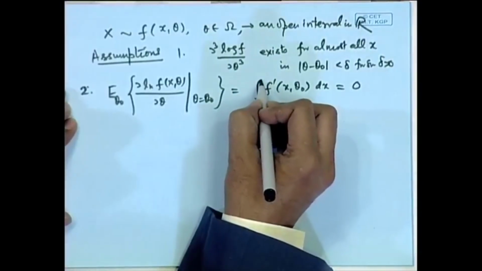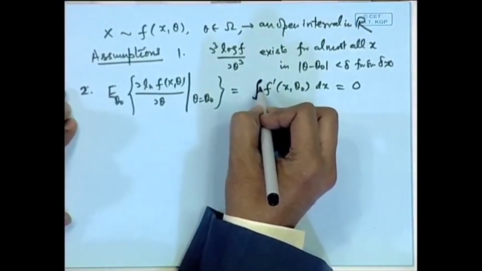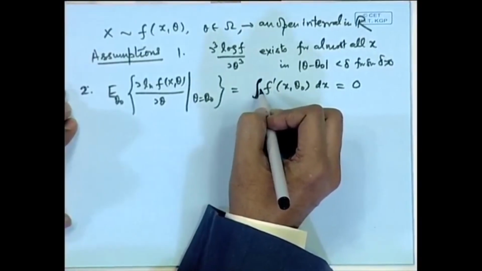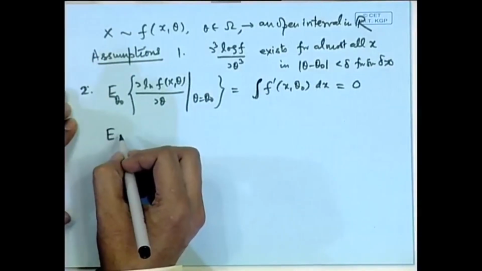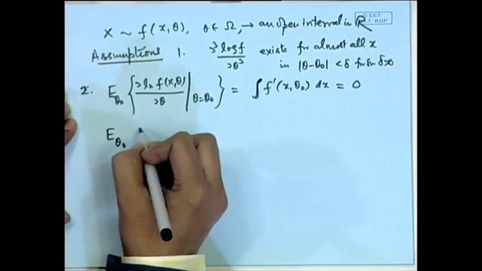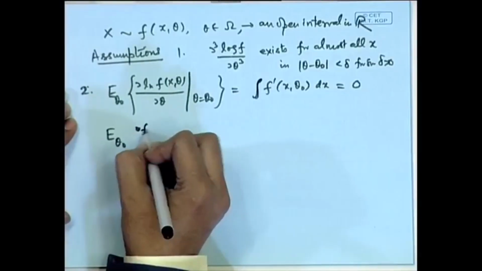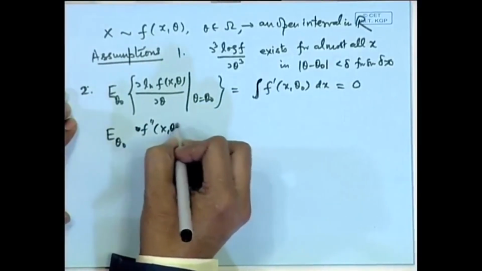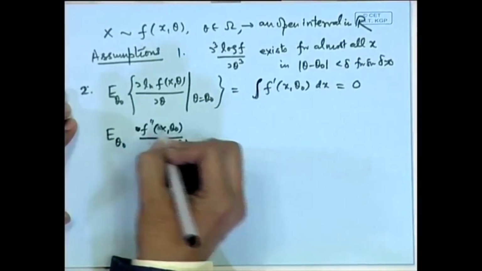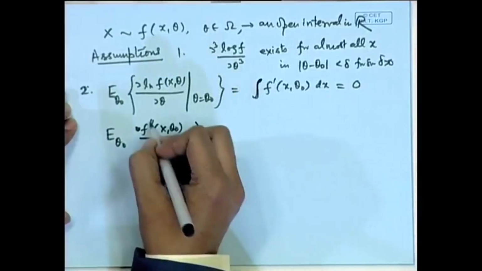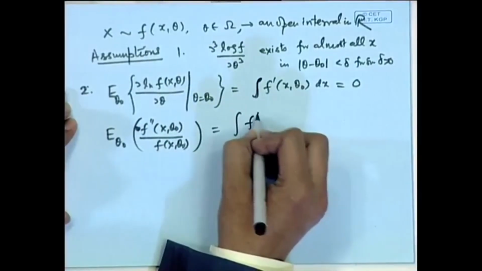Now, this integral is a generic notation, this could be summation also in case we are dealing with discrete distributions. So, in particular we assume up to higher order, that means, if we consider f double prime (x, theta naught) by f(x, theta naught), where this derivative is with respect to theta, then this should also be 0,